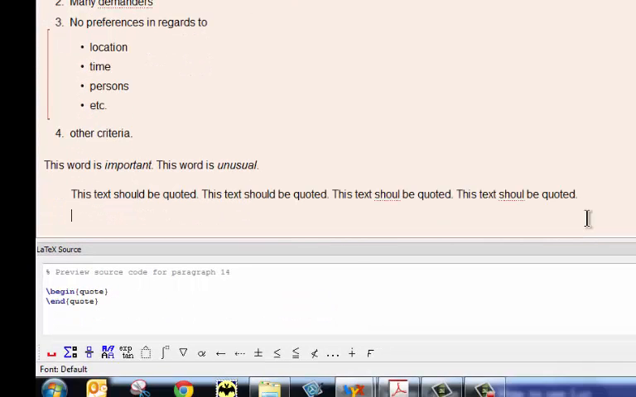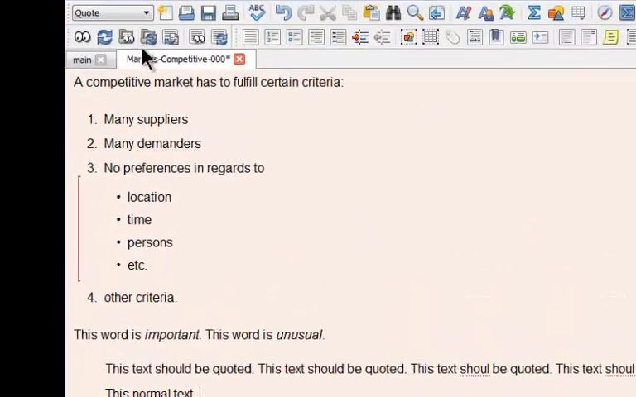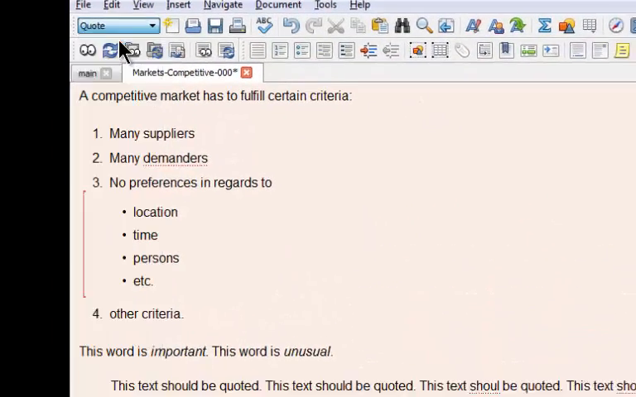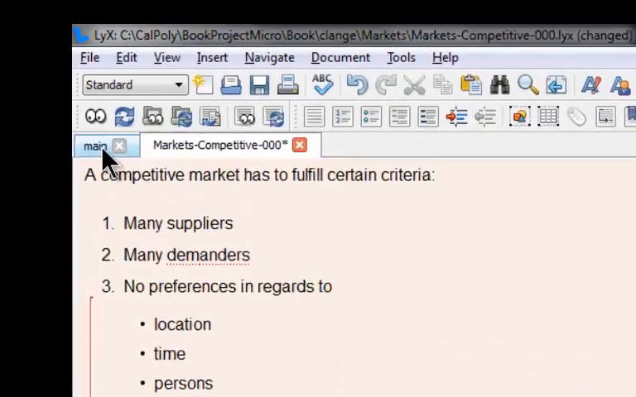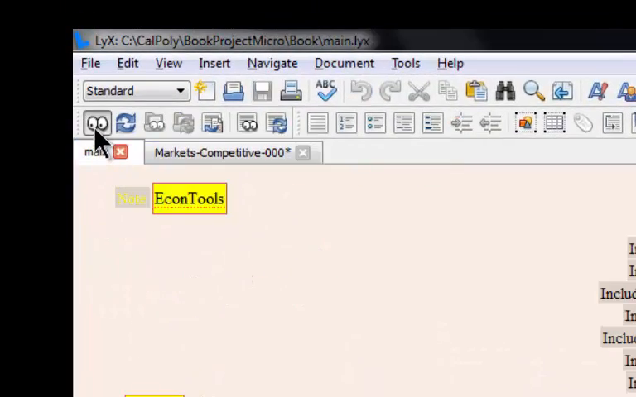Now I want to keep writing. This is normal text. Problem is it's still quoted. So what I do here is I change the environment back to standard, and I have normal text here. How does that look? If I translate the document,